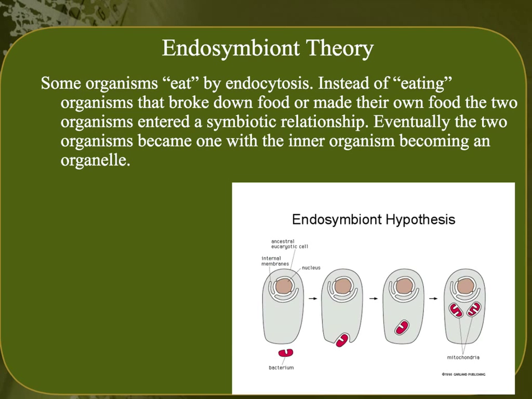Okay, this theory, the endosymbiont theory, is now how we're going to go from our prokaryotic organisms to eukaryotic organisms. Remember, eu means true, karyos means nucleus. Actually, it means nut, because the nucleus looks like a nut, according to early scientists. I don't see it. But anyways, these guys now have a nucleus, and remember, things with a nucleus also have these membrane-bound organelles. And so the idea here is that some of these organisms would eat smaller organisms. So if you look at the diagram, there's a little thing with a nucleus, and it comes along and gobbles up this little aerobic bacteria.